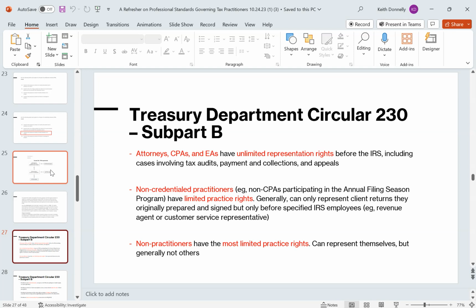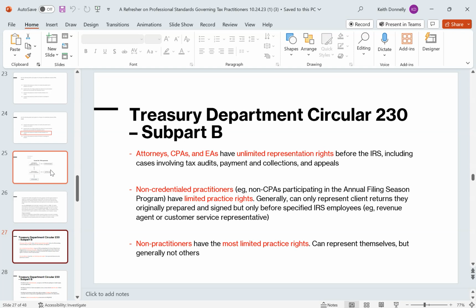Hey, somebody walks in off the street and says, a firm did my return 2 years ago and now I got audited. I don't like that firm. I want to come to you guys. Can you fix this? Well, if you want to do that, right, you're going to have to be credentialed, because the idea with that is you have unlimited representation rights. If you're not credentialed, you can't do it because you didn't prepare the underlying return. Okay, so the original return that got audited.